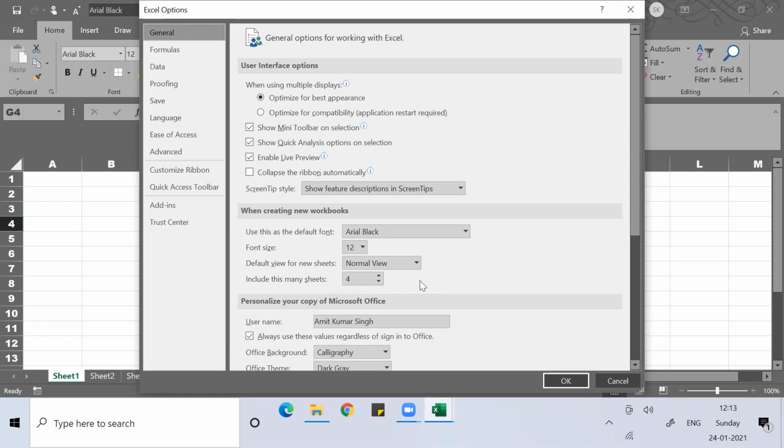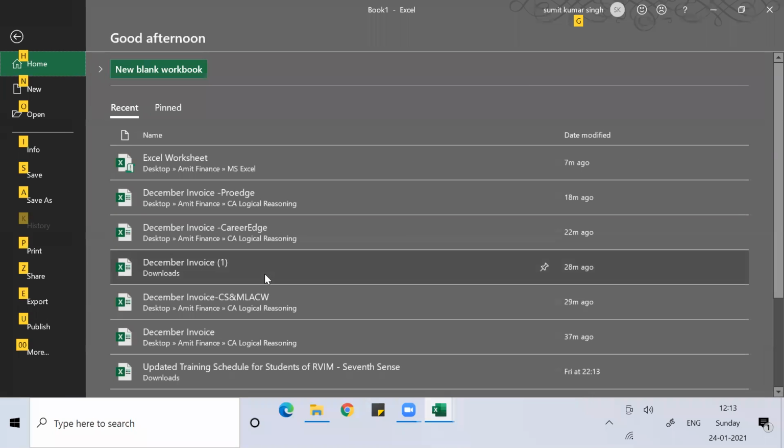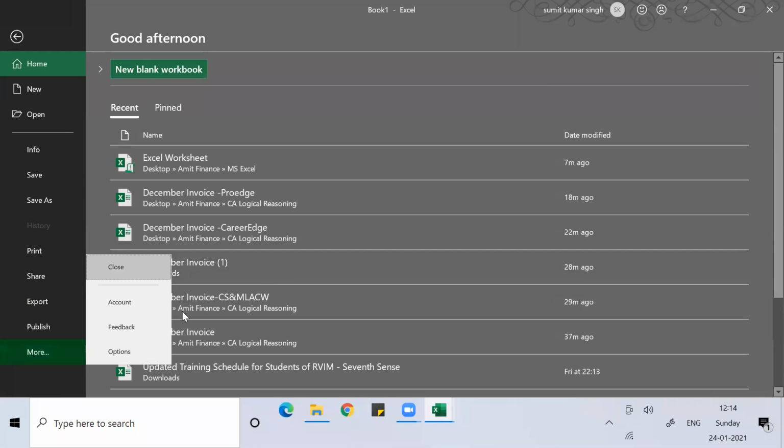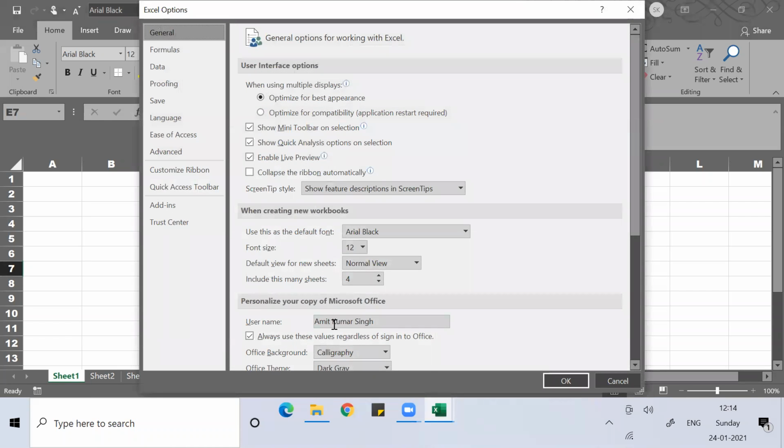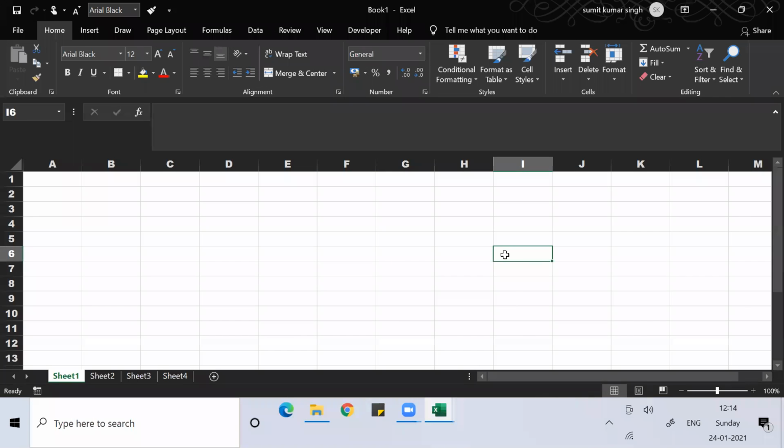You can increase or decrease depending on how many worksheets you require within the workbook when you are working in an office domain.